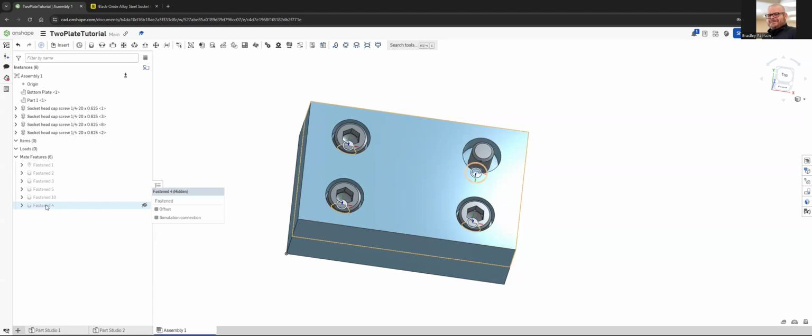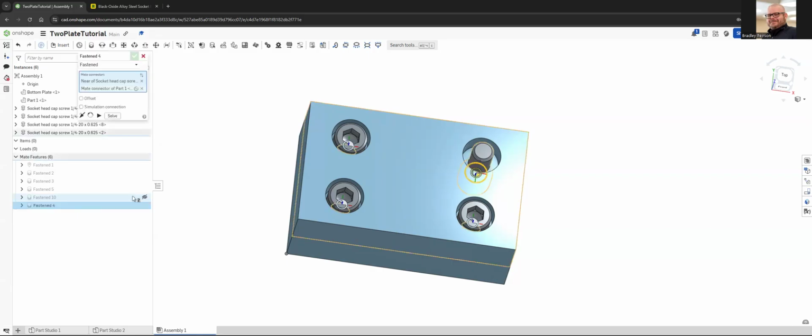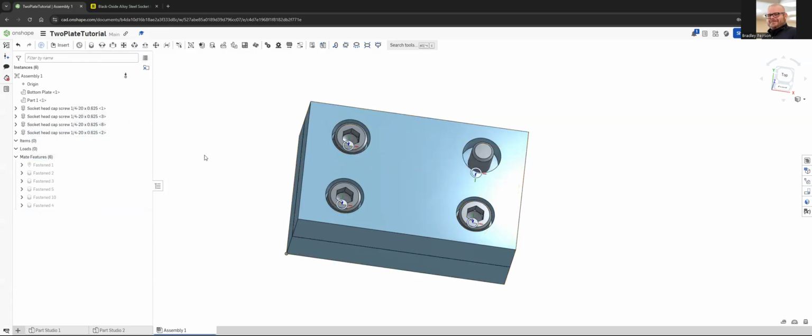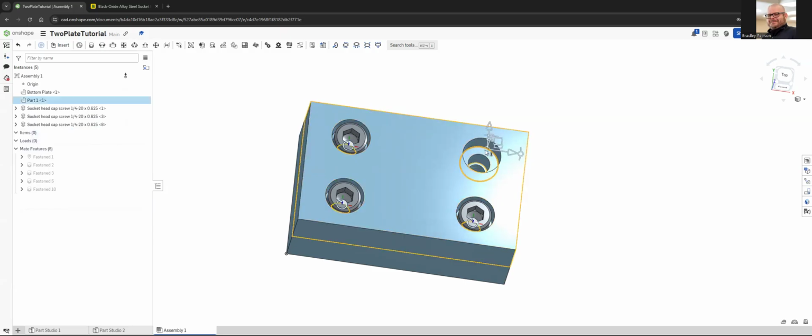Can I change this? If I right click, edit, offset, reorient, flip. Okay, none of that worked, well, the flip sort of worked, but you can tell that it moved it. So this is a feature that I'm going to have to play with a little more. I do kind of like the fastened mate that it has, and I do like being able to automatically insert that. I'm just not nuts about